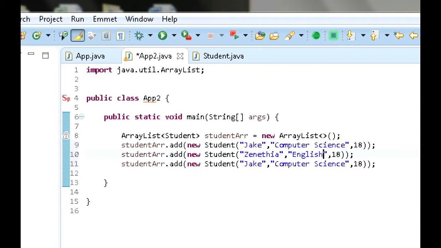English, and her age is 25. Then we want to do the same thing for this last element here. Cynthia, and let's just say she's actually majoring in psychology, and then her age is 22. Alright,